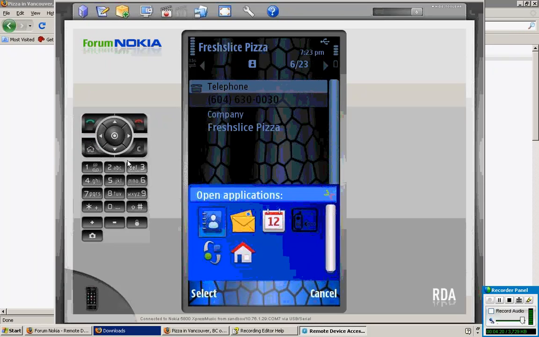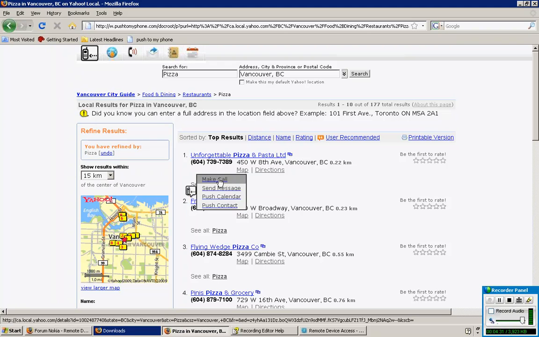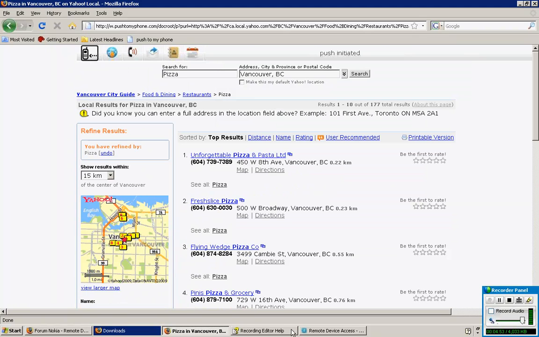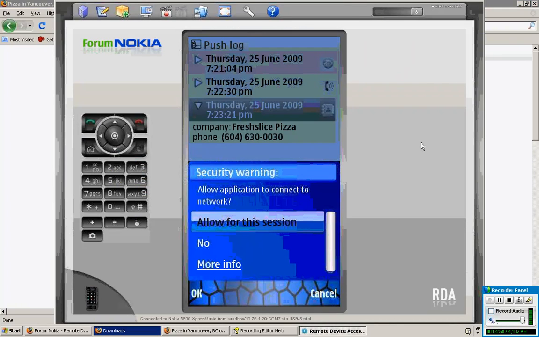Now let's say that I want to ask my buddy if he wants to go for pizza tomorrow. All I have to do is just send a message now. Send a message. You can see that the body of the message has been pre-filled with whatever I have selected. I set the destination, fictional phone number, and I'm editing the message, and it's ready to be sent. Again, this information will be pushed to my phone, and this message should